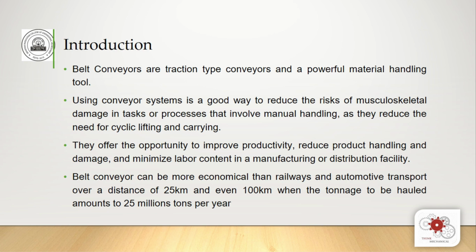Then belt conveyor can be more economical than the railways for the distance of 25 to 100 kilometers. So that much long belt conveyors can also be developed and they are more efficient than the conventional material handling system which is used as a railways, especially in coal mining or coal transport system where railways are preferred for